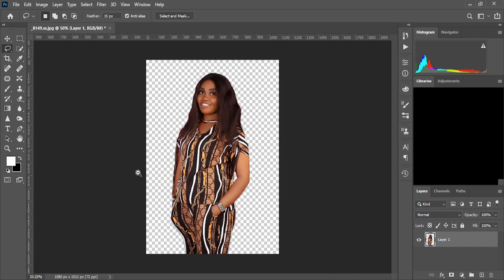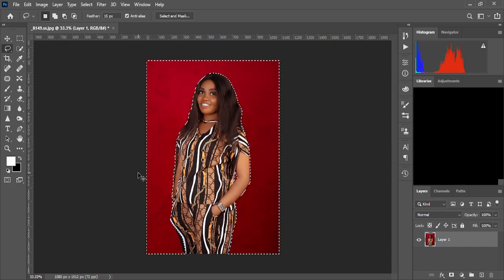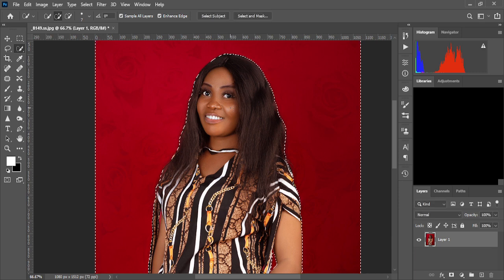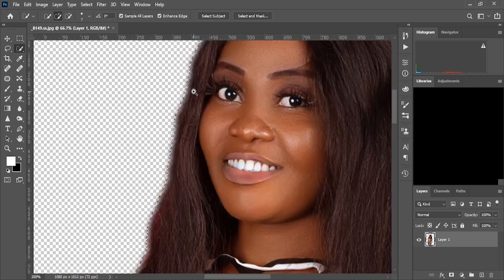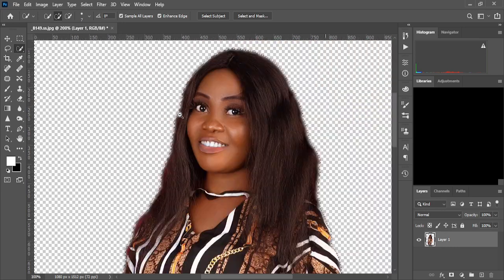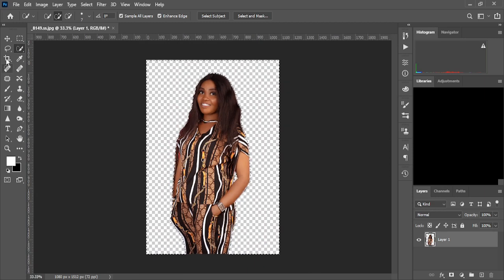However, if I feather it, I'm just going to do Ctrl Z to bring it back. Then I'm going to do feather. You right click on it and do feather. I can keep my feather at 3 and then click OK, then delete. When I delete it and zoom in closely, you will see that the edges are a bit smooth, so when you add it into a black background, it will blend in properly. So that's how to use